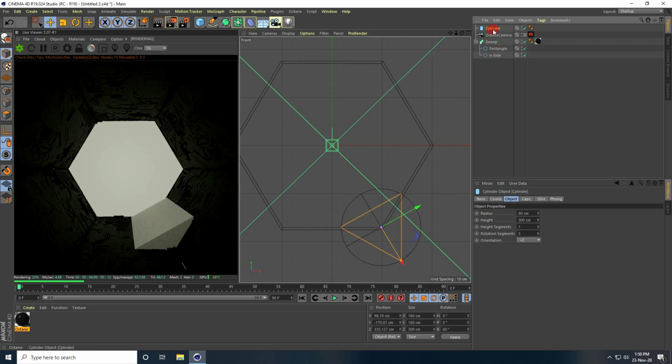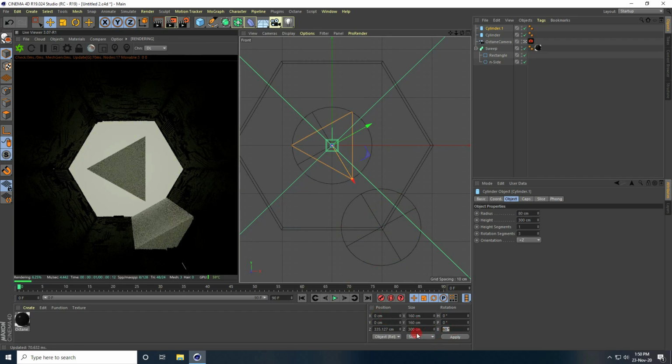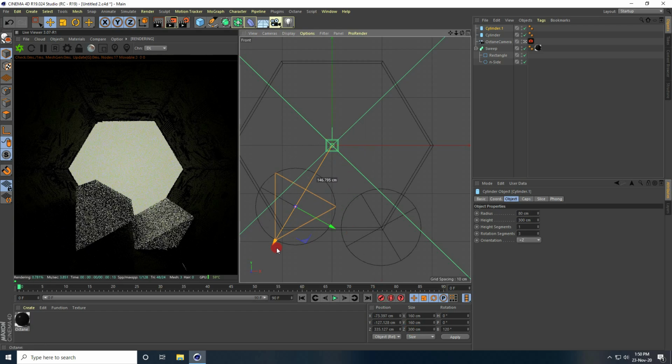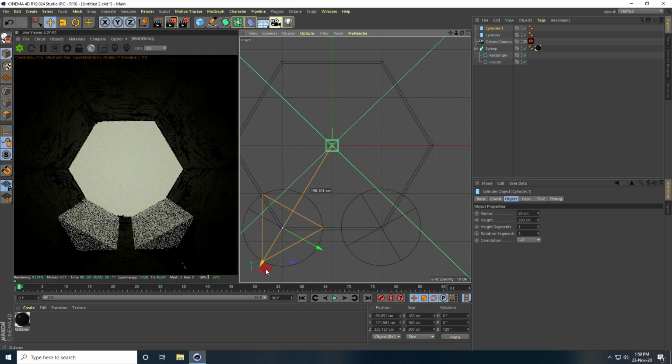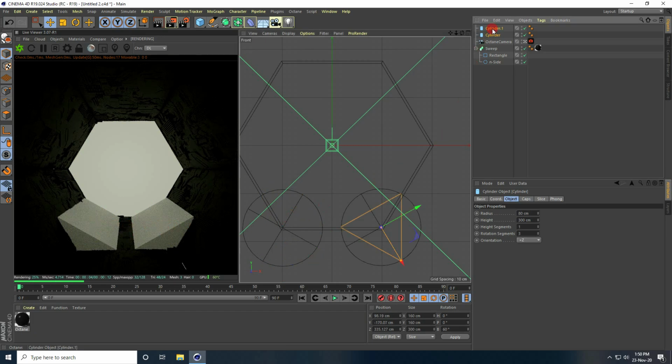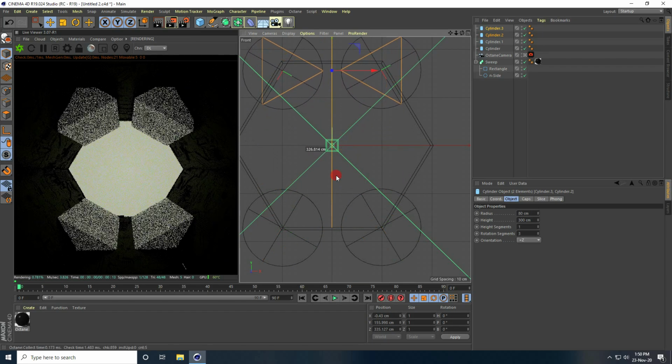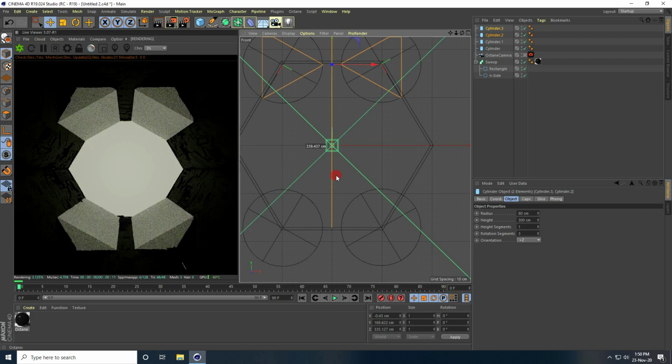And now copy this cylinder, press Ctrl C and V, and axis and rotation like 120. Yeah, right. See guys, that's really good. And same, select both cylinders and copy. So go up. Yeah, great, right? Okay, so same, apply the same material.